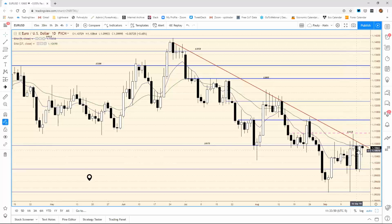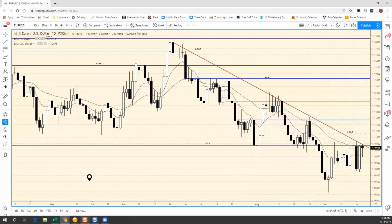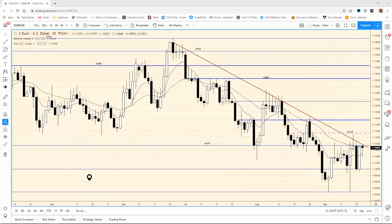And we spent the rest of the day moving higher, almost eclipsing the previous day's high. So we kind of eased back from that 1073, and now here we are pushing the key level ahead. I won't say key level because we'd easily get past it, which is this 1113. But we've got resistance on our bias chart, we're looking at